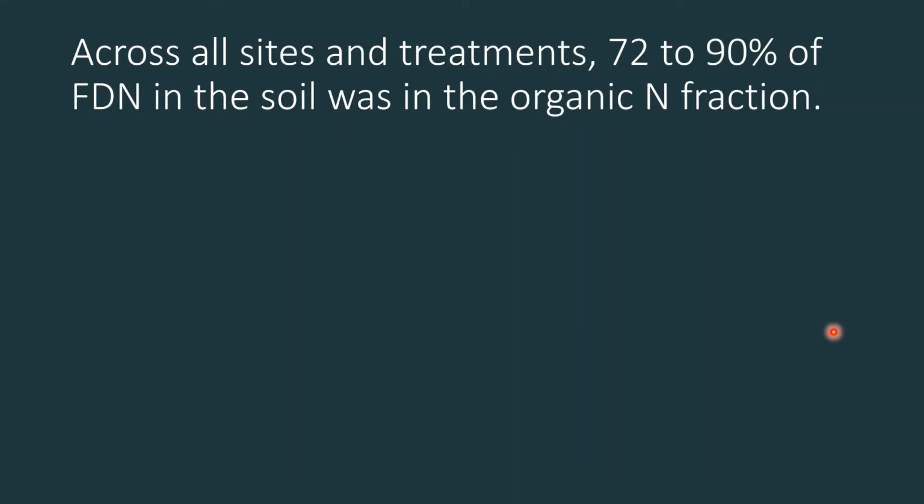Now, this may be a positive result, as it may be a temporary binding of that fertilizer nitrogen, preventing it from leaching as inorganic nitrogen, especially since early on in the season, corn really doesn't need all that much nitrogen anyways. And so if it can be mineralized later on when the corn actually needs it, then that's a great benefit. However, if that rate of remineralization is slow or it's not synchronized to when the corn crop needs it, we can still be losing nitrogen from the soil system.